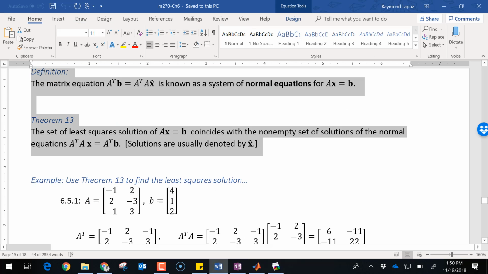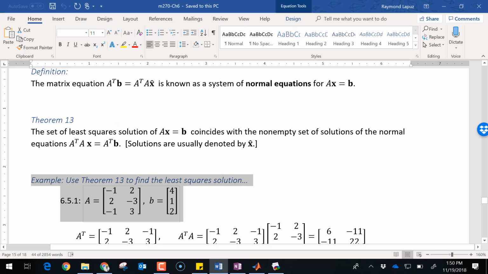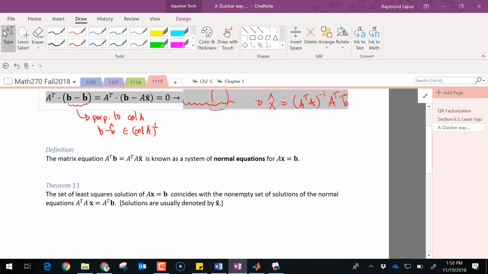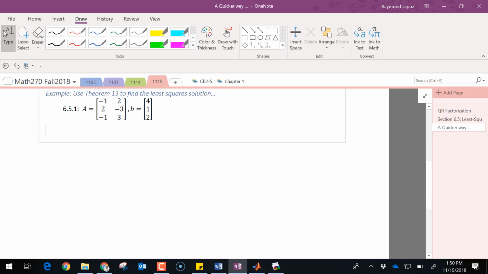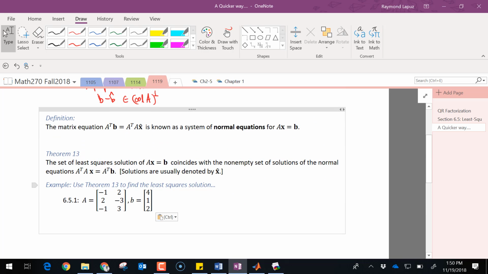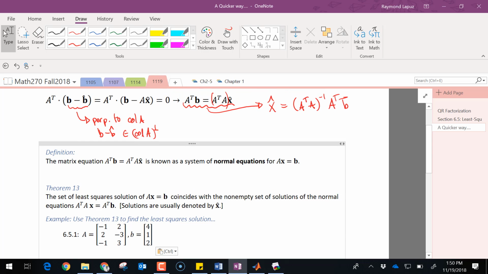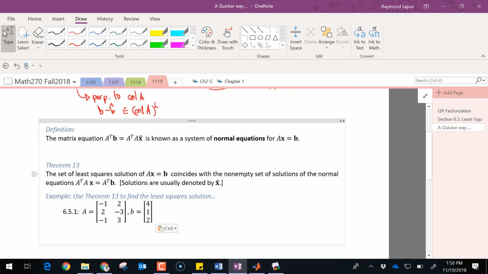least squares problems. So we'll use the same problem and see if we can find a solution quicker. So according to this, we need to find A transpose, multiply with A, and then take the inverse of that. So we need a couple of things. So we need A transpose,